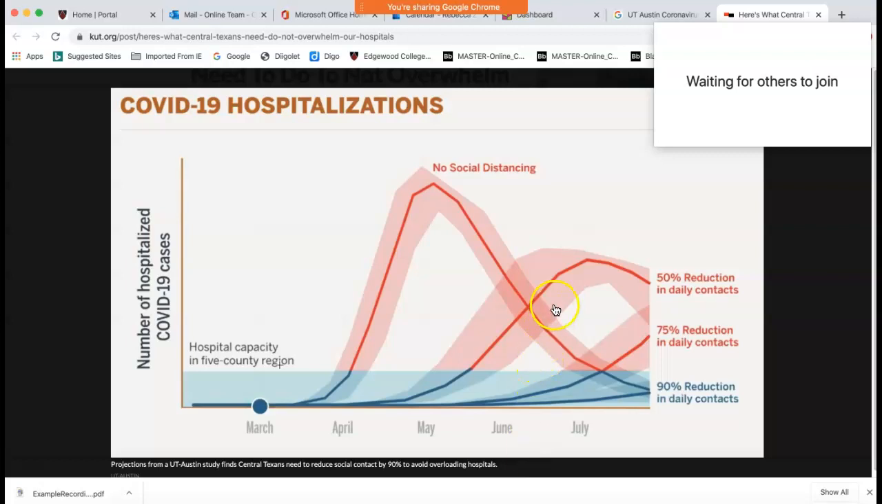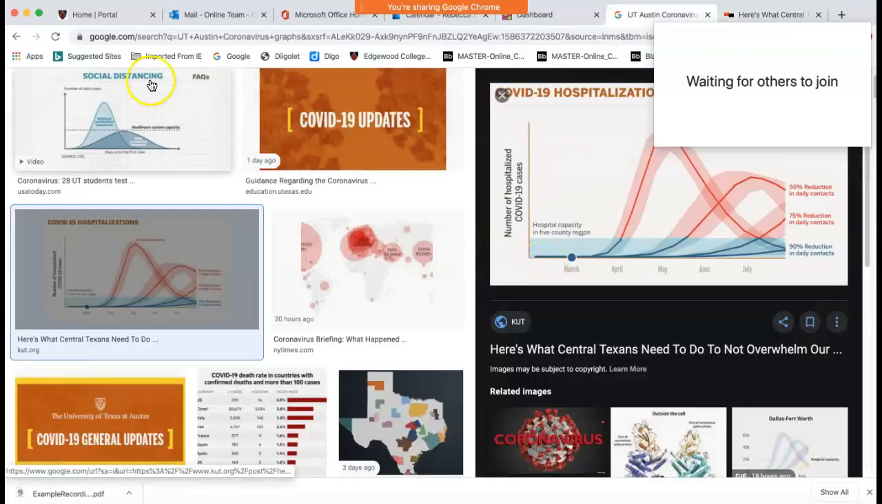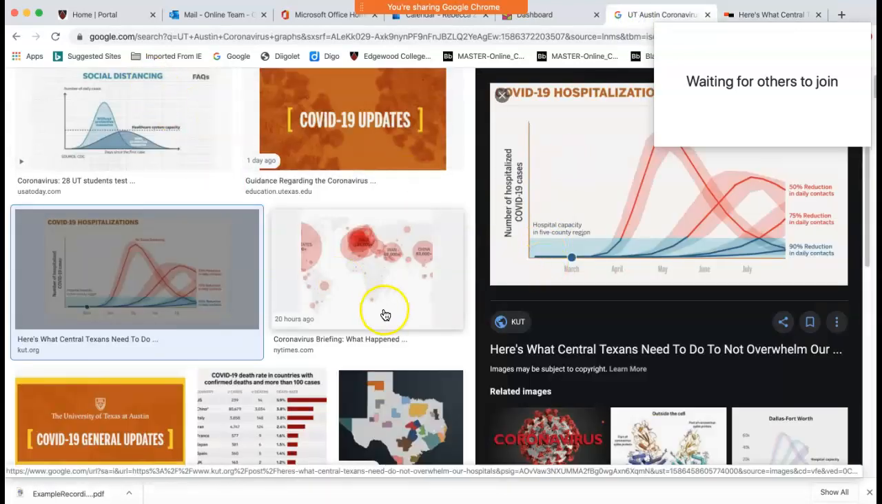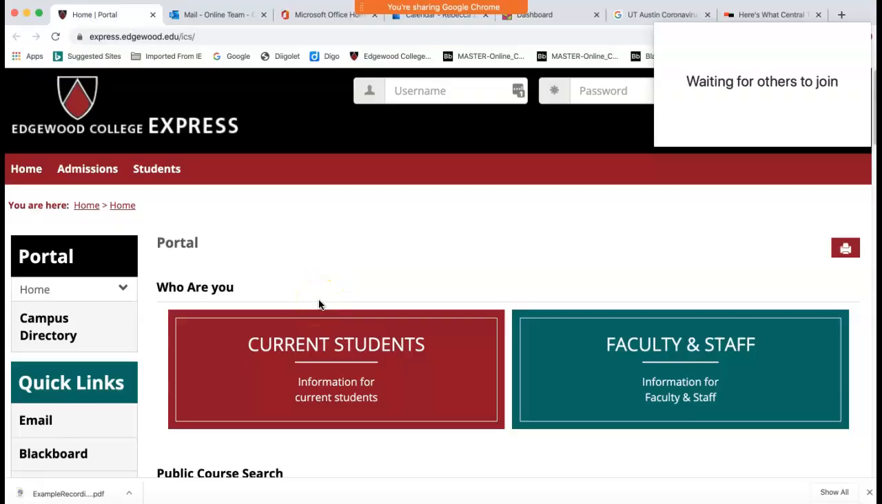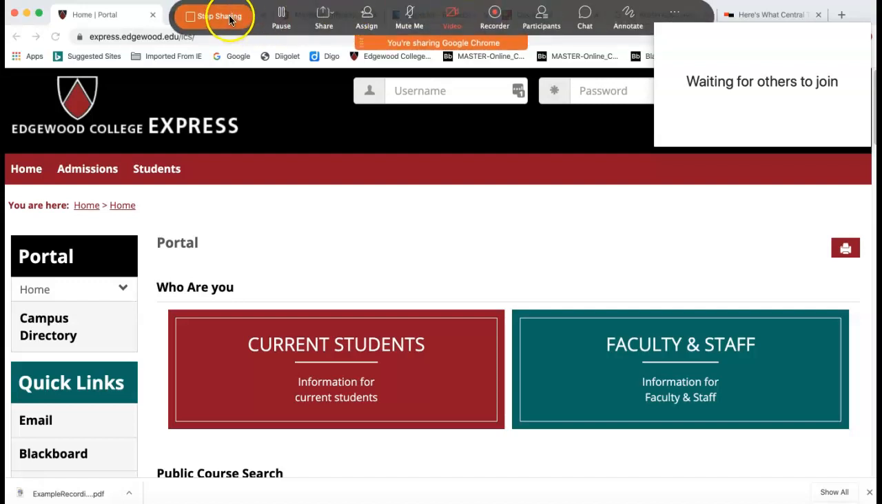And then I could switch to a different website. I could go back to the website that this graph came from, or the image search that it came from, and choose a different image to share. Or I could go to the web page at Edgewood College Express. So you can share anything that is web content that you have already pulled up before you start sharing, and keep that in your recording. Then I'm going to click the orange area to stop sharing again,